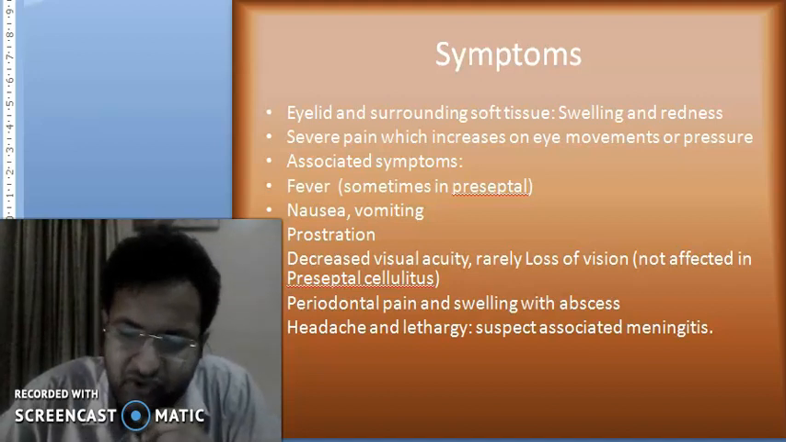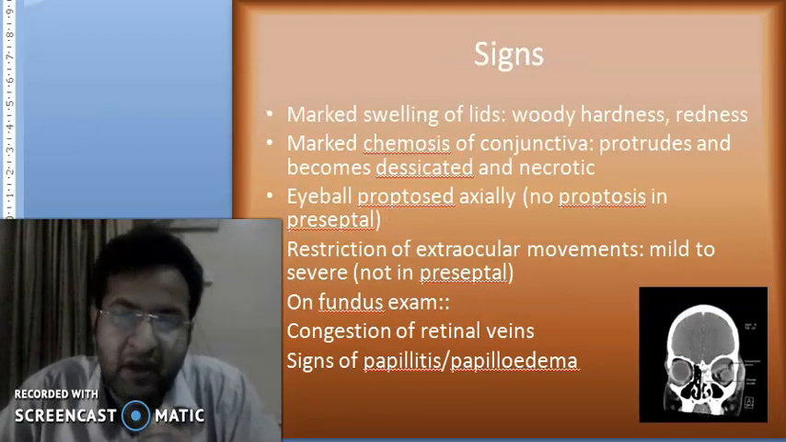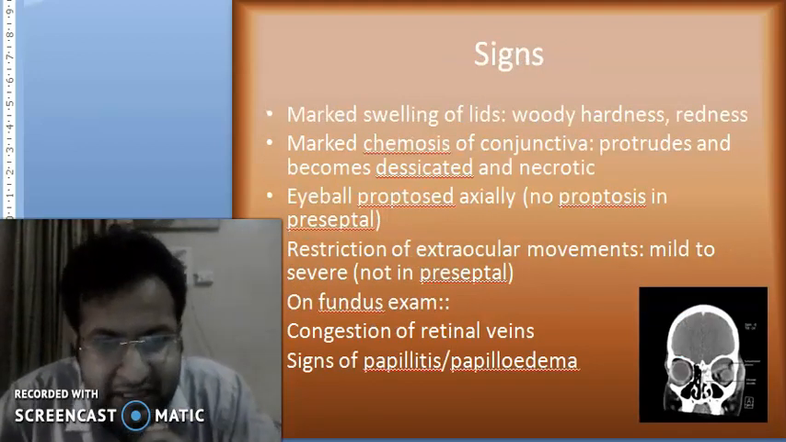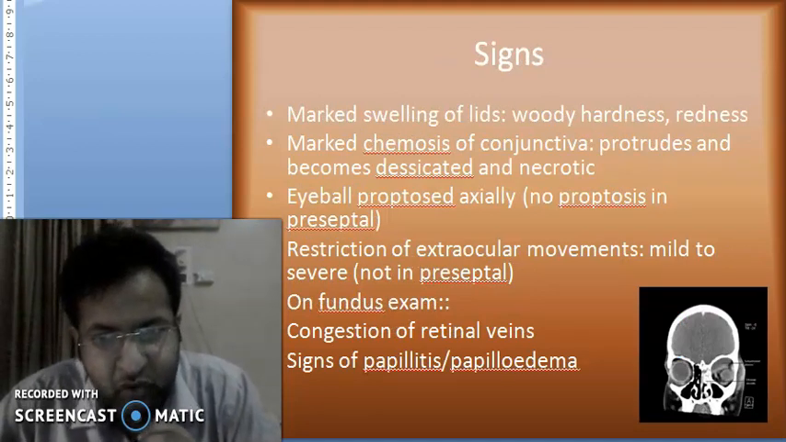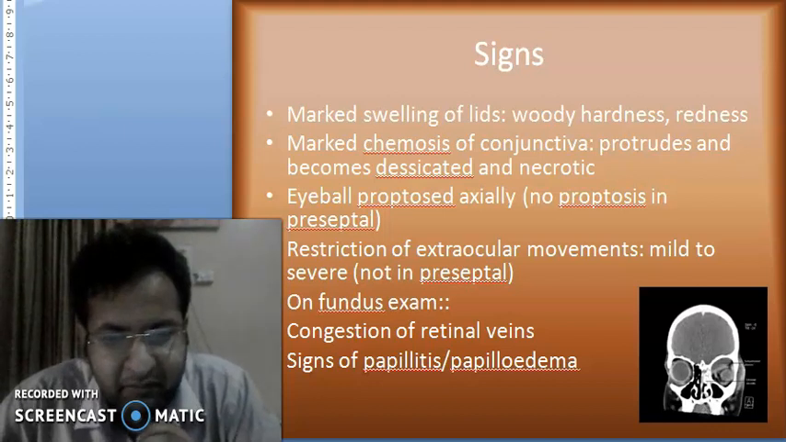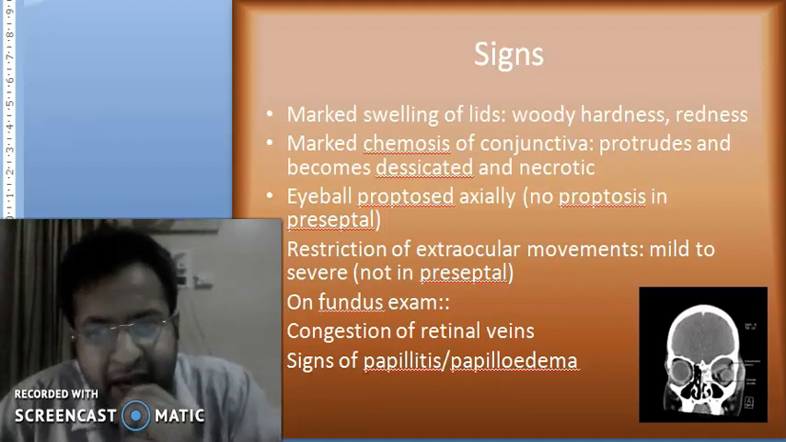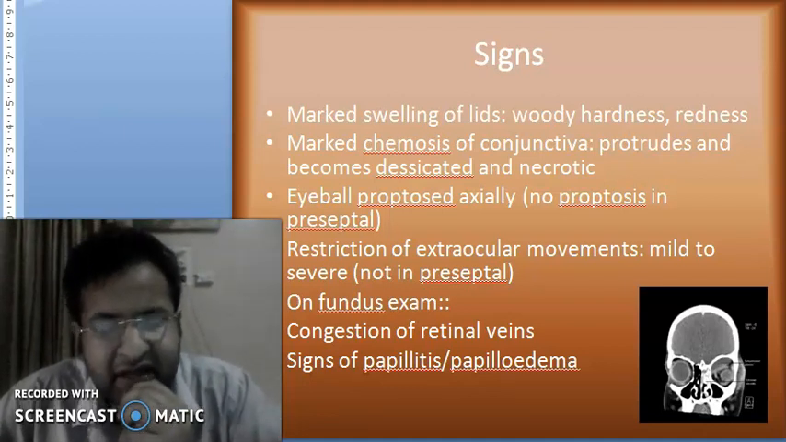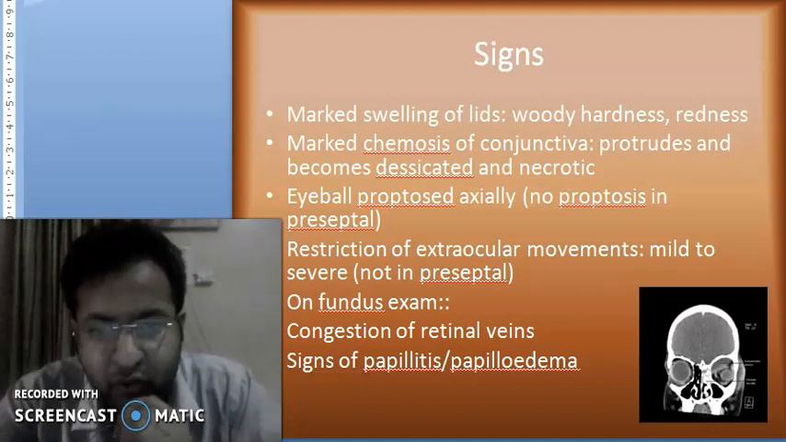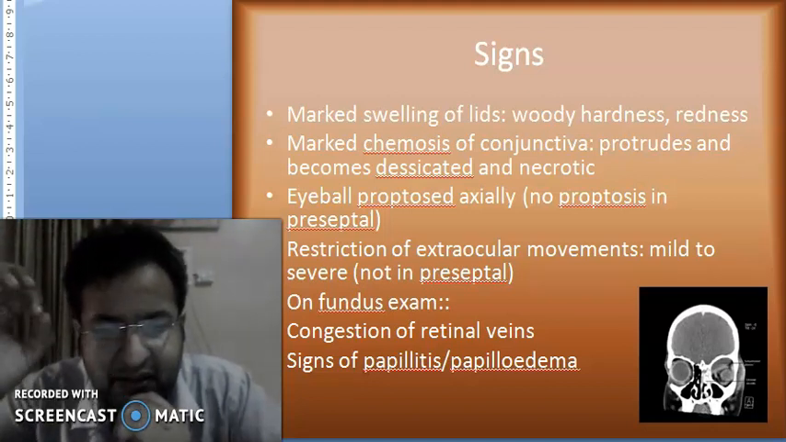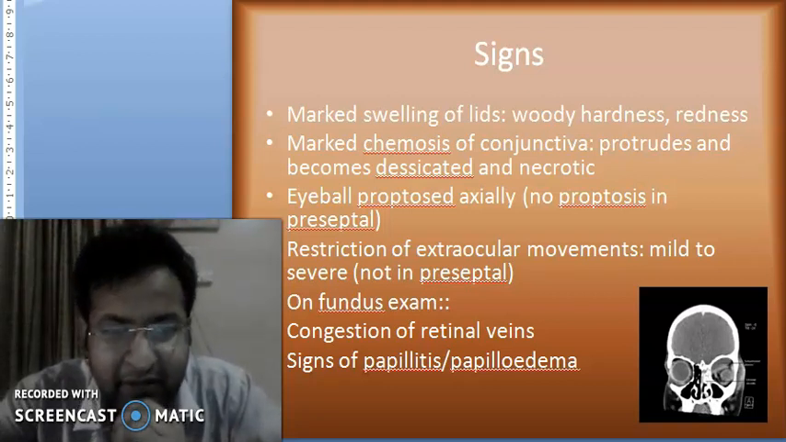Always suspect associated meningitis. What are the signs which we see in orbital cellulitis? There will be marked swelling of the lids, with hardness and redness of the lids. There will be marked chemosis of the conjunctiva, which protrudes and becomes desiccated and necrotic. The eyeball as a whole will be proptosed axially, and there will be no proptosis seen in preseptal, but this